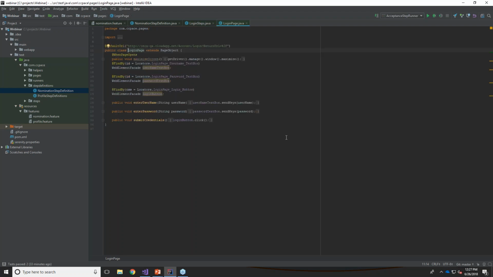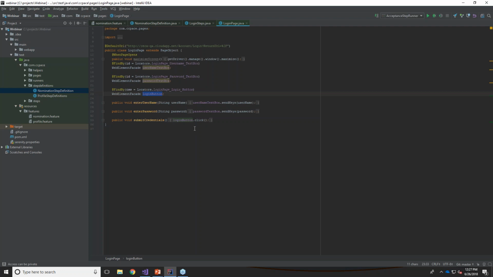So here's an example of a login page. Right? You have the username text box, you have the password text box, the login button. These are all the different elements on the page. And then you have these methods defined that are performing certain actions on those elements, like entering a username, entering a password, and submit credentials, etc.